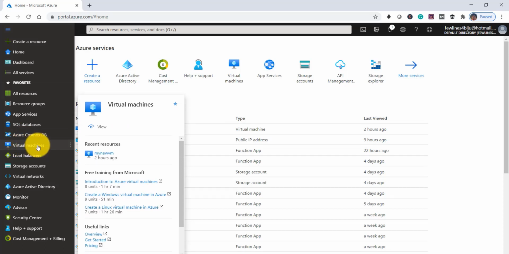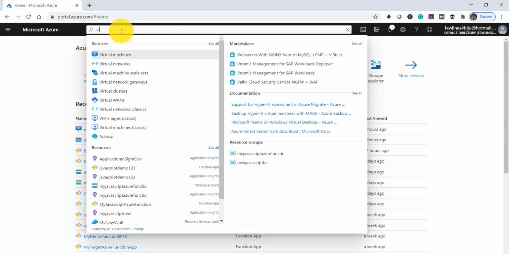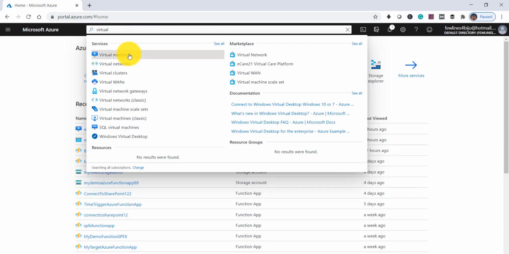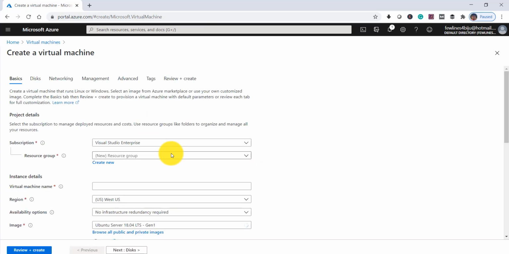You can click here, or you can search for virtual machine here. You can see it is there. Just click on that. Now click on the add button and add virtual machine. You just select that one.